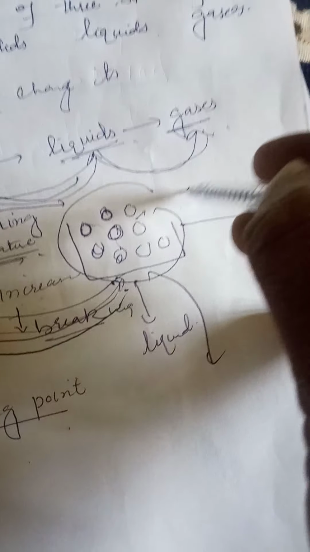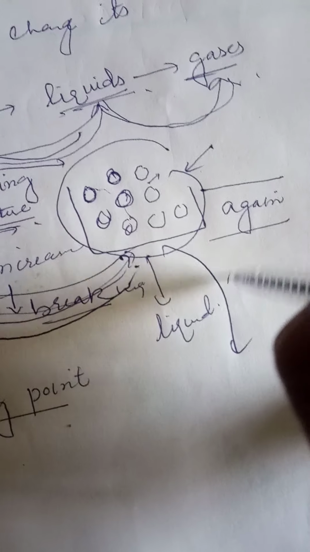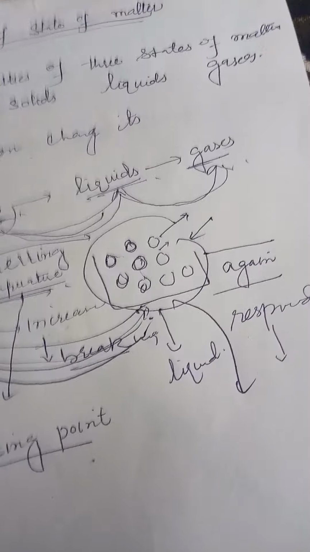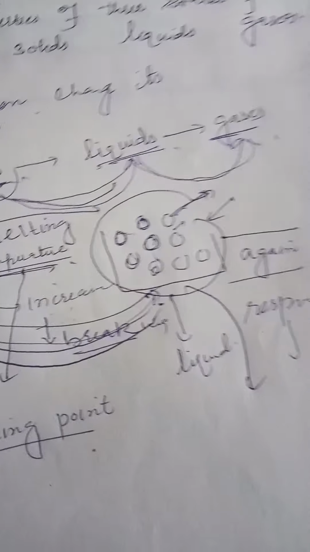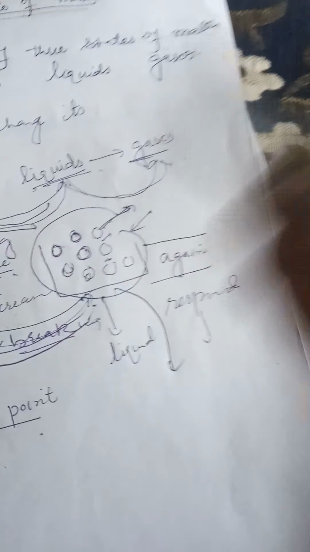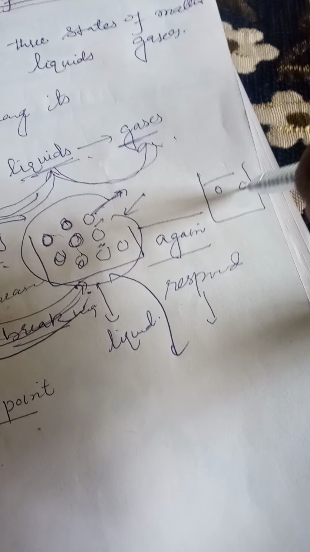Now again, if we supply energy to the liquid, what happens? The liquid molecules again respond to this energy. The liquid molecules will move further apart. They gain in kinetic energy. When they gain kinetic energy, their degrees of freedom increase, meaning they can translate, they can rotate, they can move. And what happens? The weak interactional forces between liquid molecules are overcome, and the molecules move as far apart as possible.